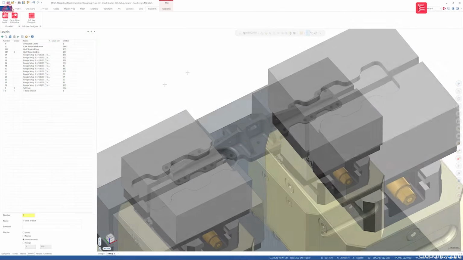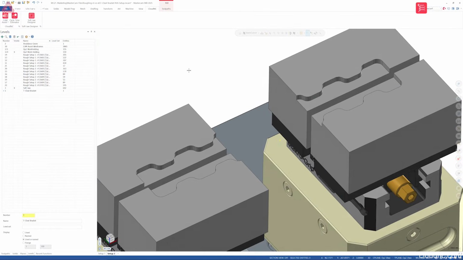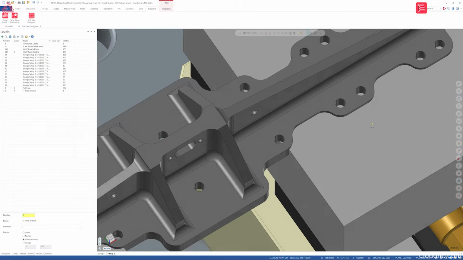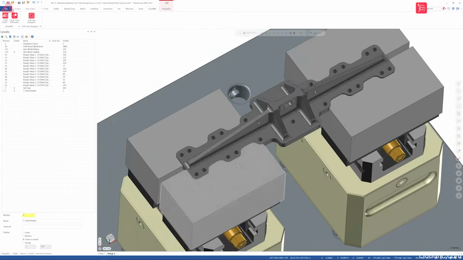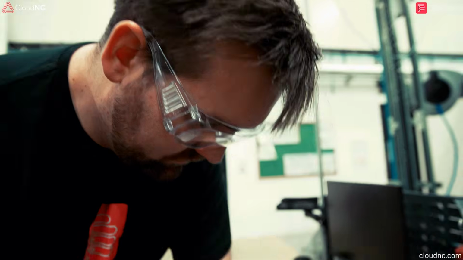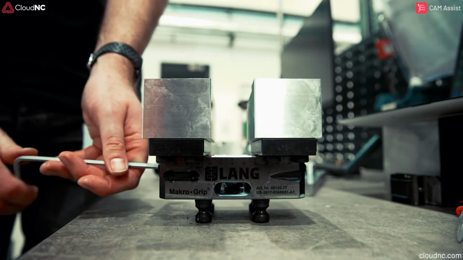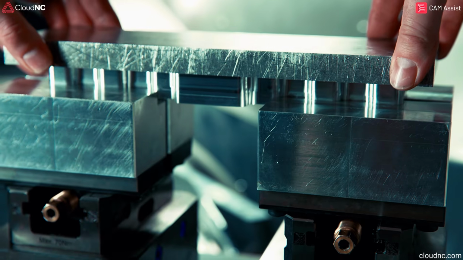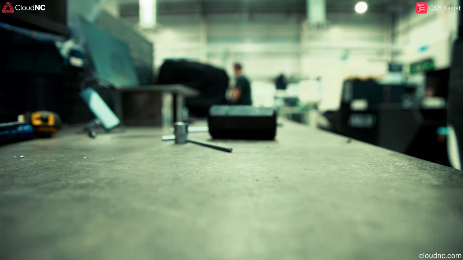Seconds later, you're looking at production-ready jaws, complete with allowance and corner relief, and still fully editable in your native CAM package. Internal benchmarks show using Soft Jaw Designer is far faster than modeling by hand. Automatic allowances stop crushed walls and chatter-inducing looseness, so you can hit cycle start with confidence on the very first